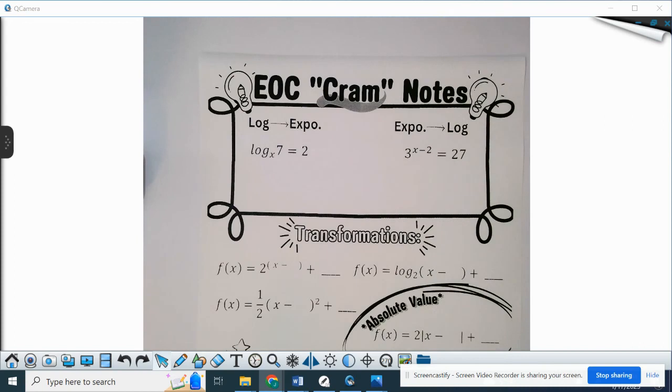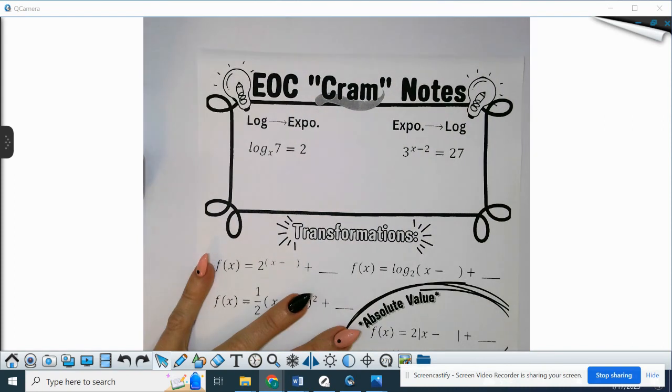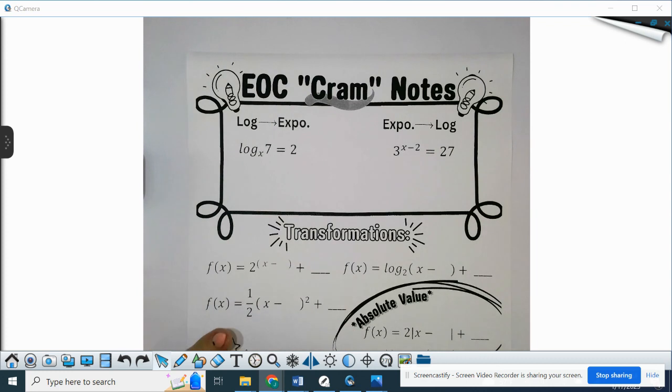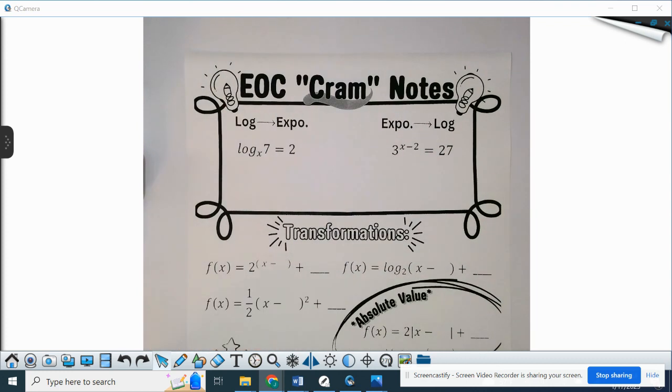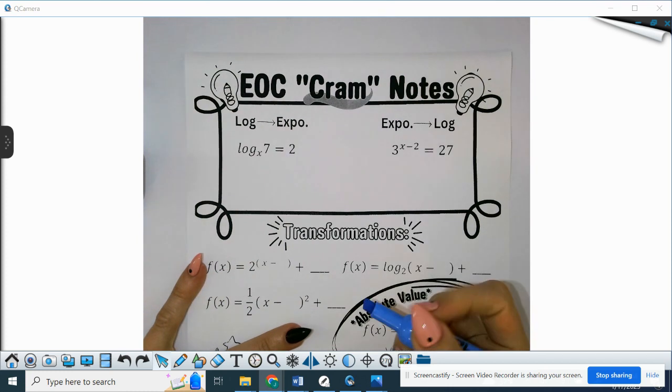Okay, EOC cram notes. So we're hitting it all as fast as possible with some doodly stuff around the outside, in case I get windy, because you guys know how I can do about talking a lot. So entertain yourself with coloring, but also get your notes done. This is going to be like Math 3 at a glance with lots of colors is my plan. So we can dig up all the old stuff we've learned so we remember what could possibly come at us